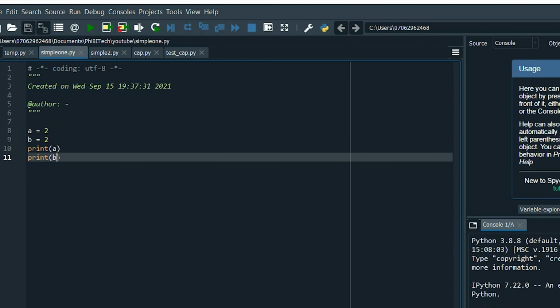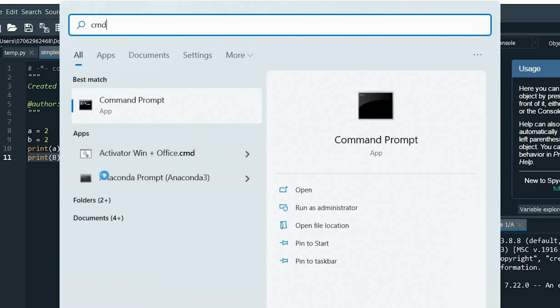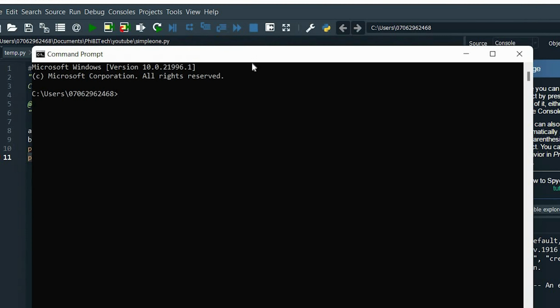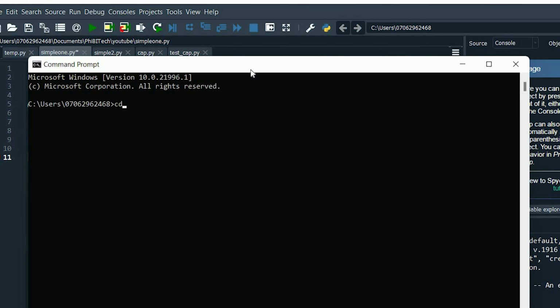Here I will intentionally make a mistake, and you can see Spyder is already telling me undefined b, because Python is case sensitive and this is not going to run normally. So I'll open my command prompt now, cmd. I will navigate to where my file is. So I'll open my documents,